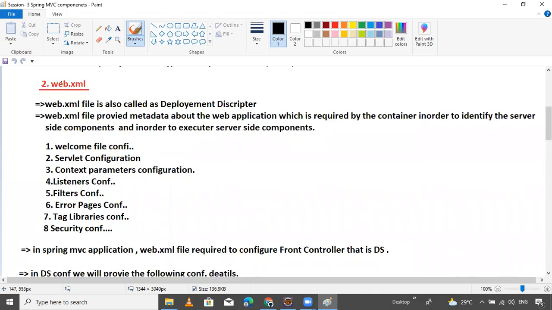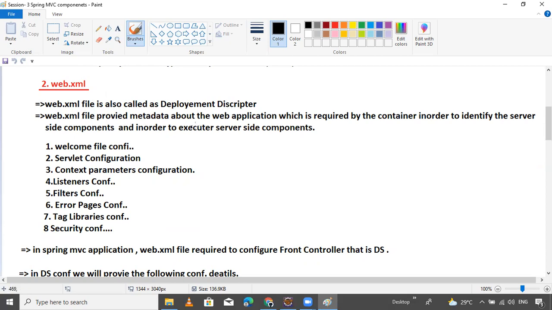In the web.xml file, this is very, very important. All these things happen with this. If you execute any program, your program should go through this file, the web.xml file. This is the major important file. For XML configuration, when we use annotations or 100% code-driven configuration, that is not required. The web.xml file is also called the deployment descriptor.